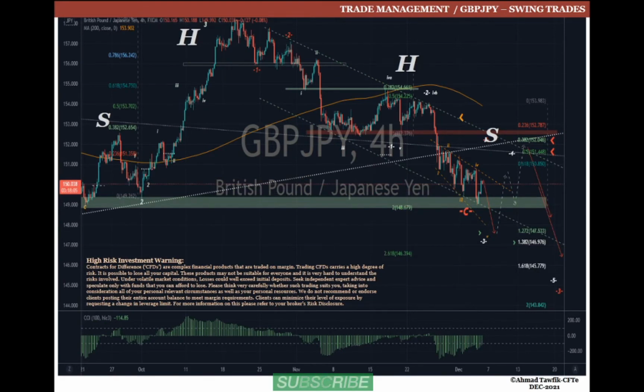This is the 4-hour chart. The segregation has been updated and checked, so it is correct. I think probably it is correct. Now, just to set our minds at ease, the earliest level at which we can expect a reversal, that this market is going to reverse, is below that green neckline. This means we're going to 147.5,